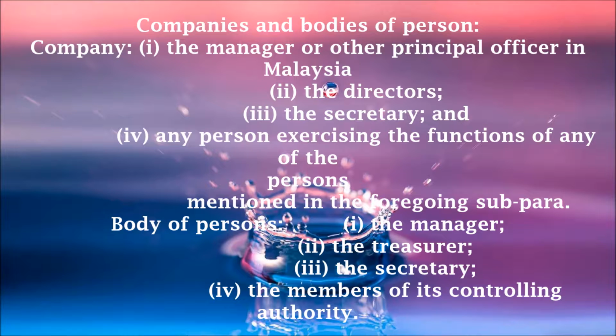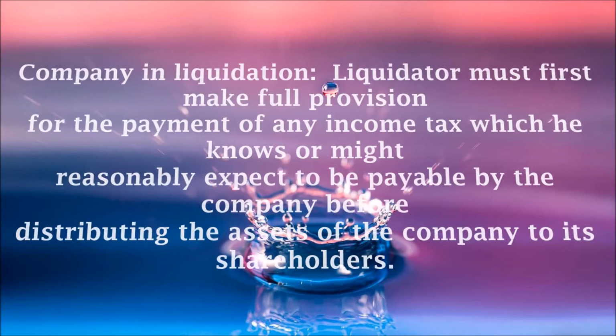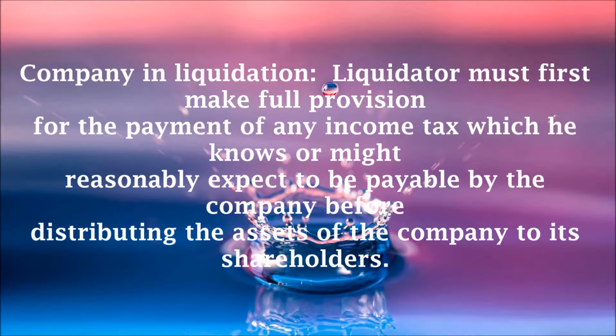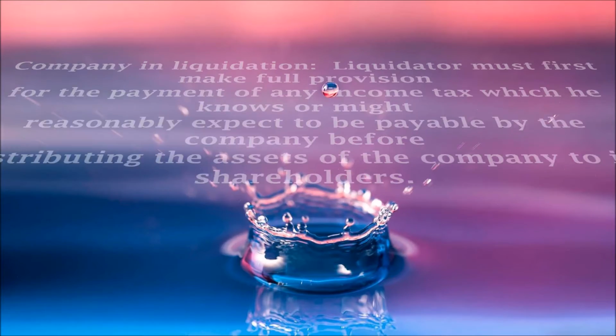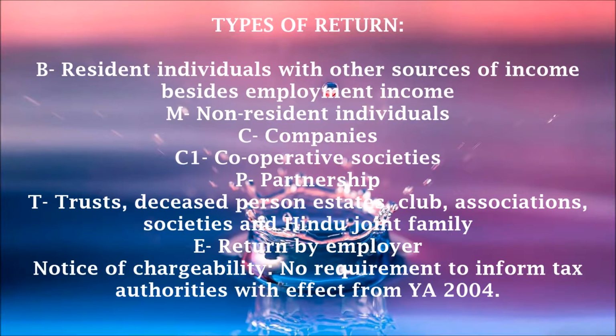authority. However, for a company in liquidation, the liquidator must first make full provision for the payment of any income tax which he knows or might reasonably expect to be payable by the company before distributing the assets of the company to its shareholders. The various types of returns formed for different categories of taxpayers are Form B,